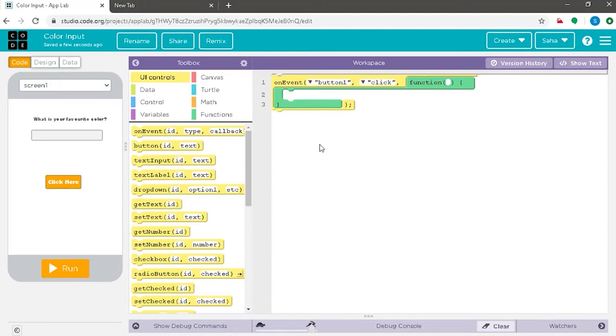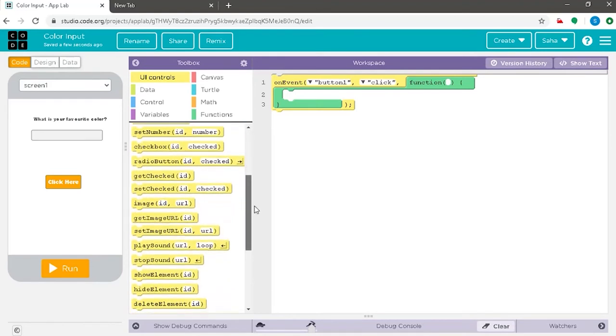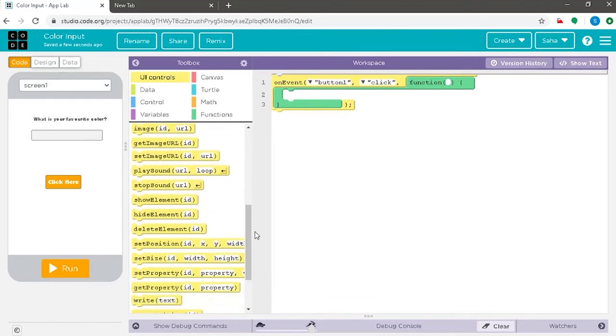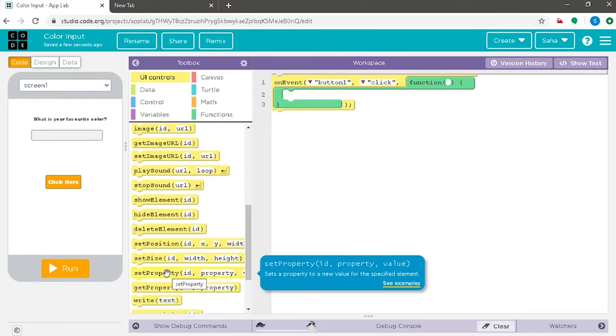Yes. So we shall drag down the UI controls commands, and if you can see, you will find a set property command. And when you hover your cursor on the commands, a small box appears which gives the instructions of that particular command, which gives us an idea of the command.